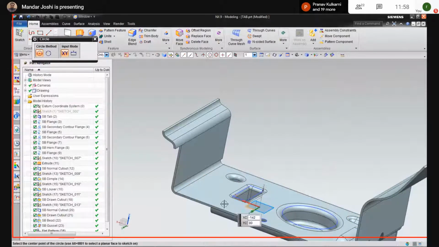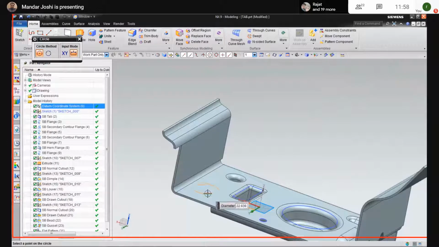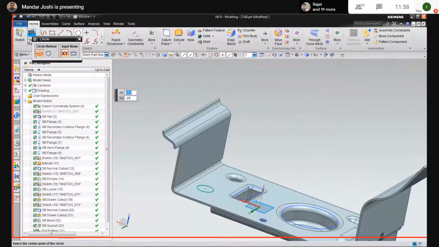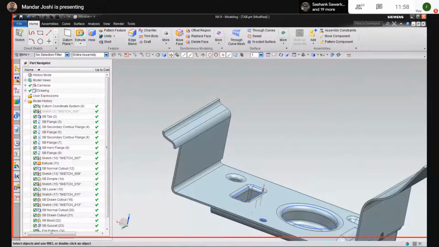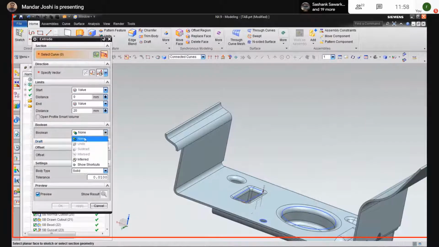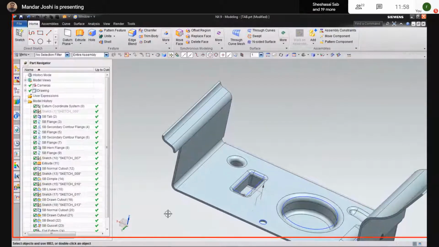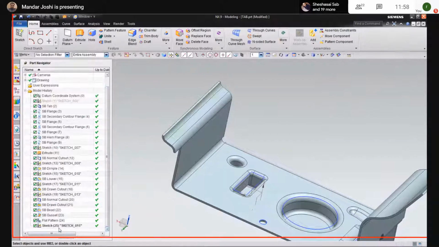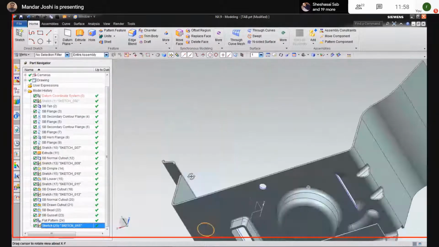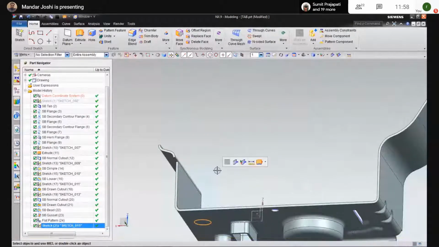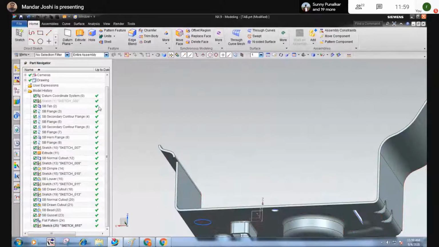It is recommended to use a plane instead of a face. Then add a body from here. How to create the body? When you set Boolean to none, the body will be created. Then select this profile. I think the profile is created but not showing. Okay, it is there. So it is the bottom side of this face.